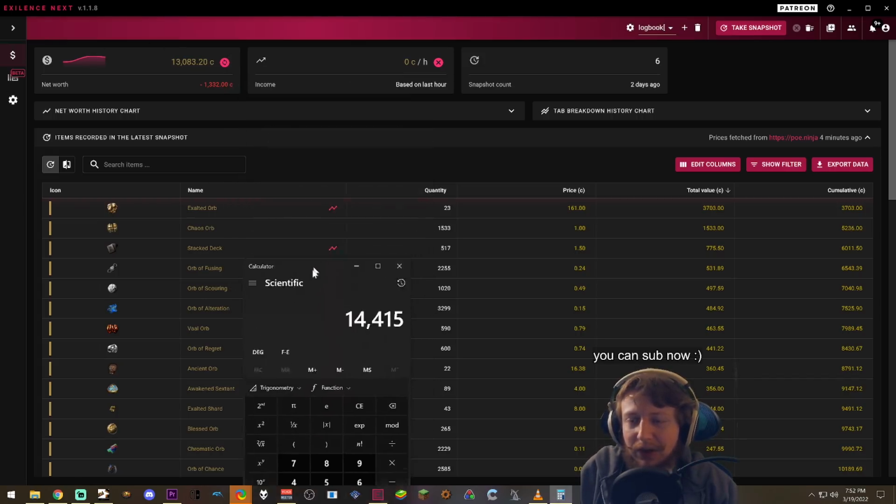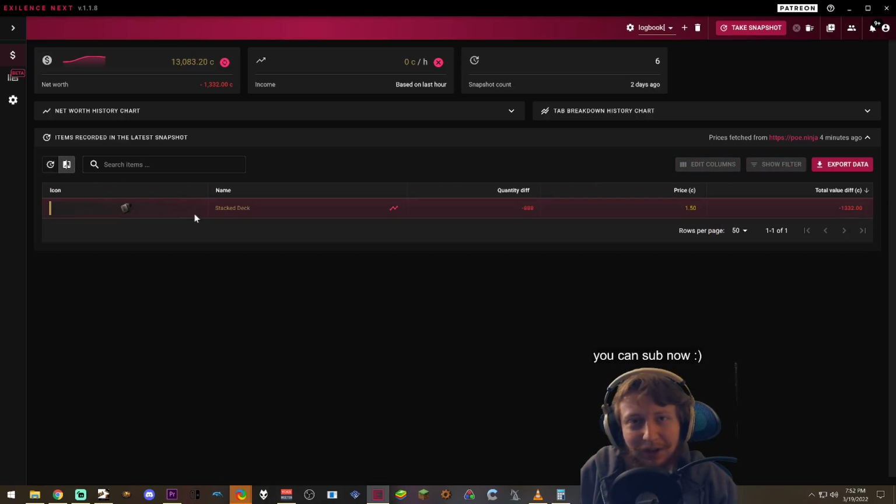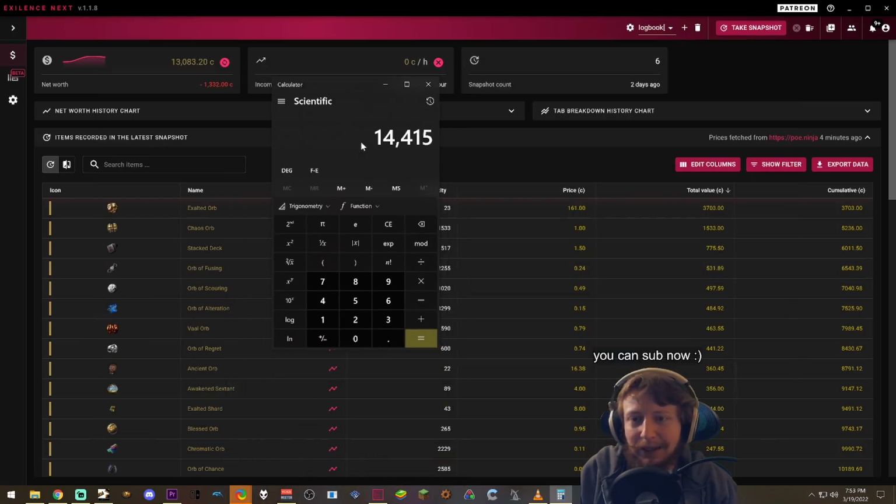So first off, I actually had a lot more stacked decks. I started taking them off because I wanted to open all of them right at the end of the stream. And I forgot to take off the auto snapshotting. So there is a difference here of 800 before I noticed. So I went ahead and added all of that back up. So my real total money made was